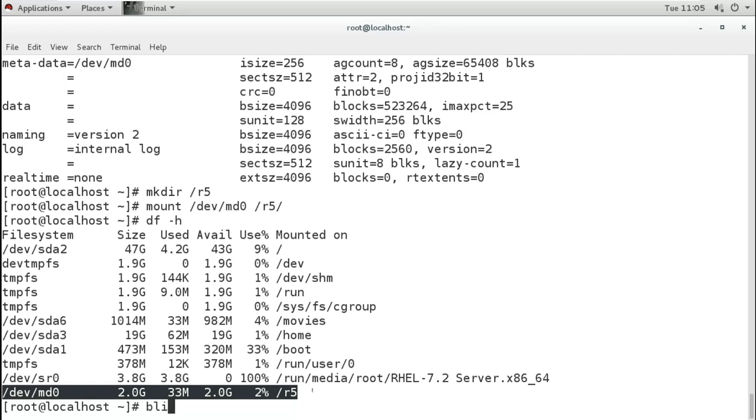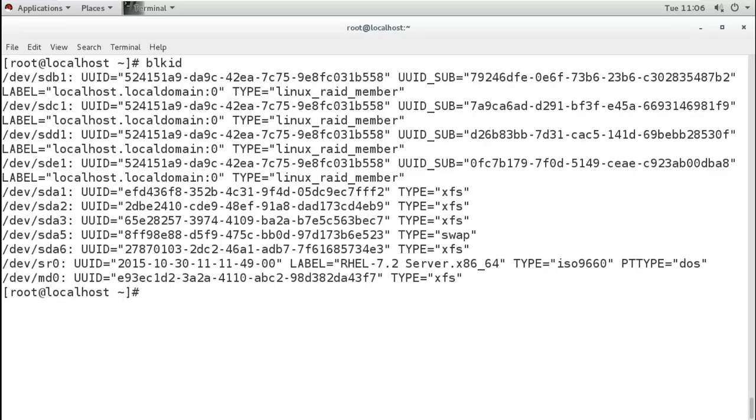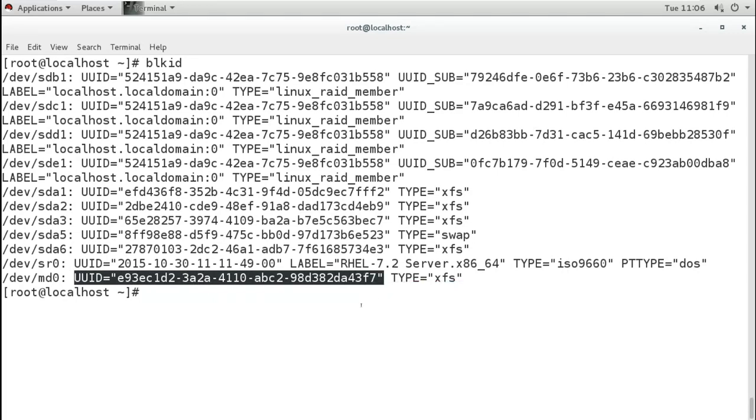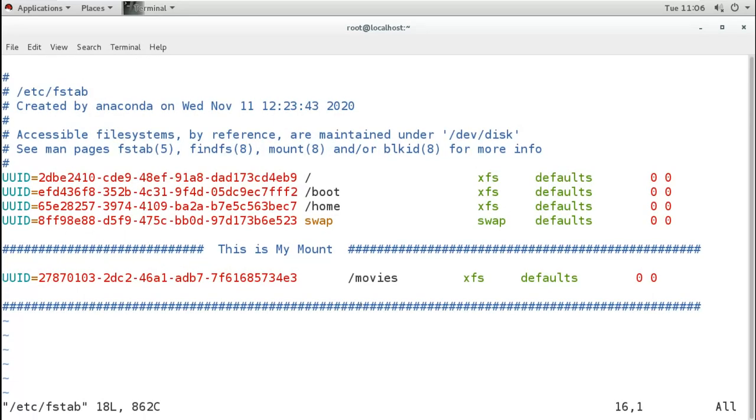First run blkid, and you can see the partition and its ID. Copy it, open the file /etc/fstab, and make an entry here, just like we make an entry for a normal partition.